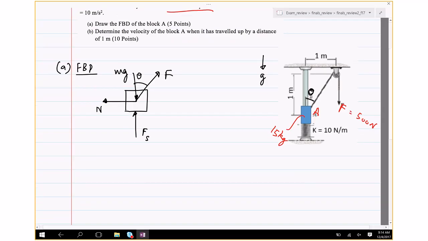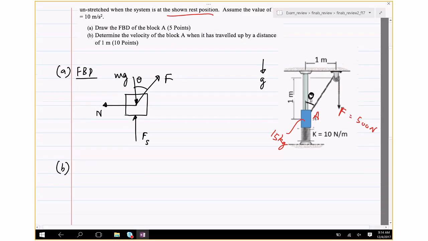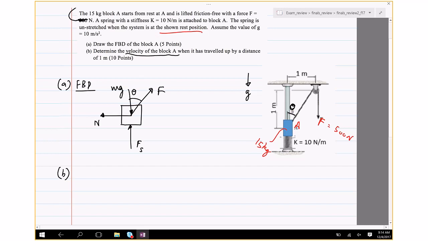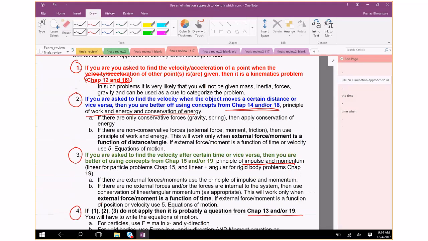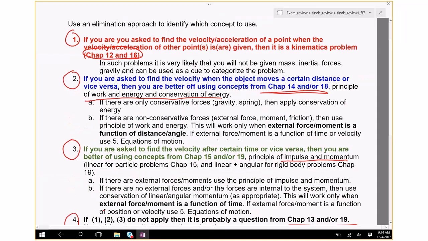Next is: determine the velocity of block A when it has traveled a distance of 1 meter. When you have this problem, I would recommend going through the elimination approach, and I'll go through that because some of you were not here. So the first thing is,